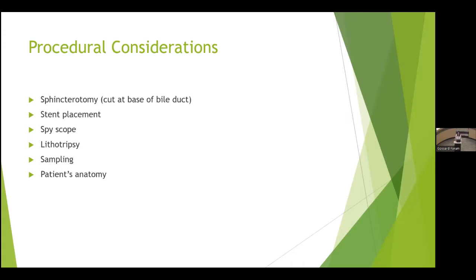And then taking biopsies or sampling obviously can increase the risk of bleeding for these folks. Interestingly, a patient's anatomy also can really affect the risk factor profile for these patients. We often see patients who have a history of bariatric surgeries, including Roux-en-Y gastric bypass, sleeve gastrectomy, history of a liver transplant, or part or all of their pancreas removed, part of their stomach removed, or other non-surgical anatomic abnormalities,